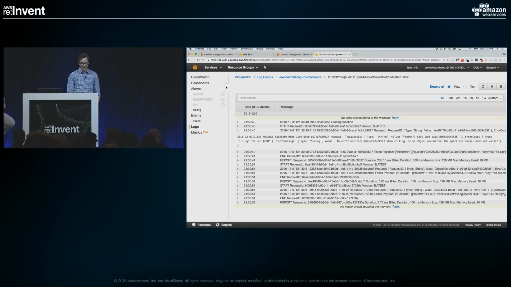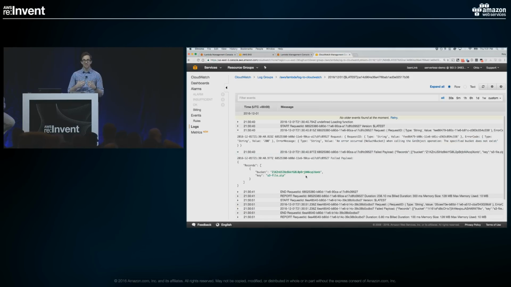I have the error type. 200 is what we throw if your function itself errors. And here is the actual error message that my function threw. So I'm saying that there's no bucket that exists. And in the next part here, I can see what the payload was that caused that to happen. So now I have all the pieces to essentially figure out what happened with my asynchronous invoke.